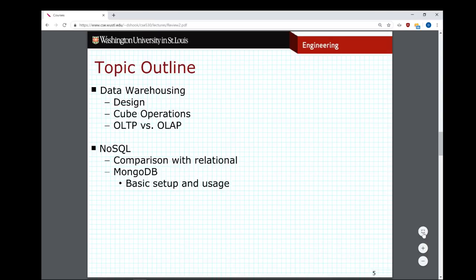And so the things that I might expect you to know on that, of course, anything that's on the lab is fair game for the exam. So basic usage of Mongo, how to construct documents and work with those documents at a very basic level, is all stuff that you might see on the exam. And for that database in particular, since we had a whole assignment on it, I think there's lots of potential for some coding problems in there. I think it's pretty safe to say that for the other types of NoSQL databases that we talked about, probably not going to ask you to do coding kinds of questions, but I may still ask you some conceptual questions about